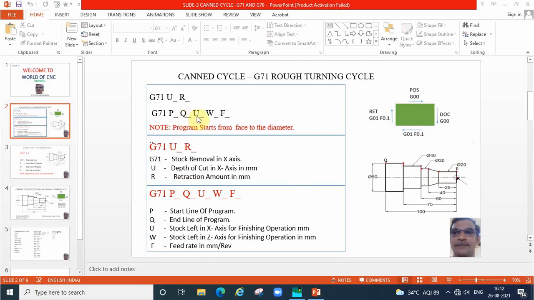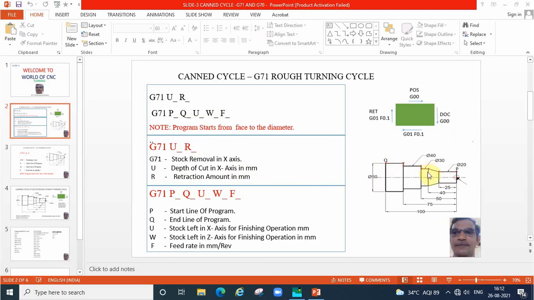P and Q are over; now U and W. During the rough turning cycle, the maximum amount of material will be removed. We will get the proper profile like this, but the finish will not be good on the surface of the workpiece.